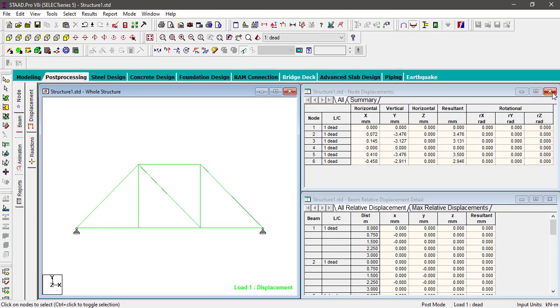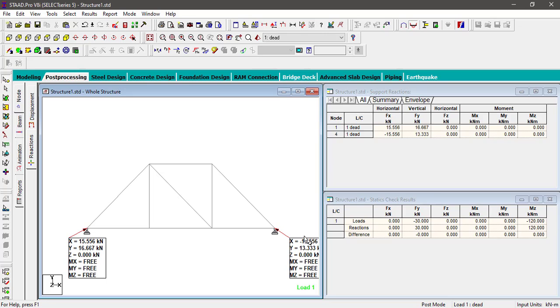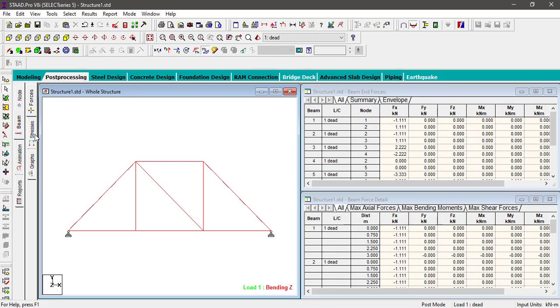This is the analysis of the truss. You can select the reactions. These are the reactions for the truss. If you select member forces, these are the forces for the members.